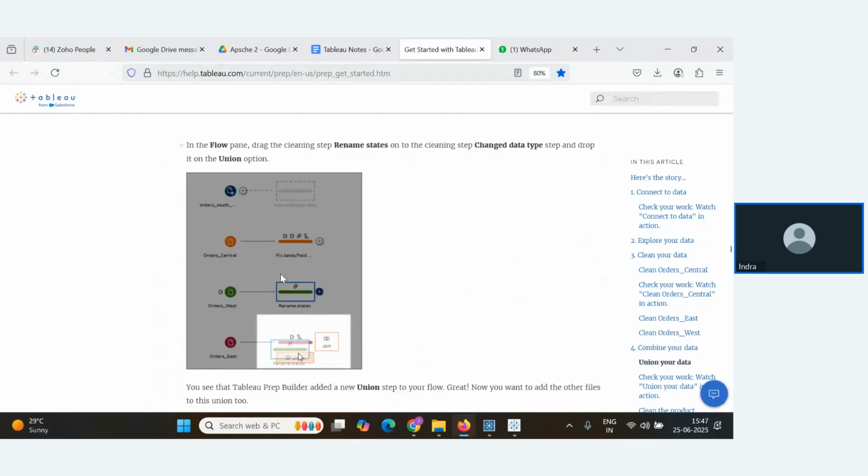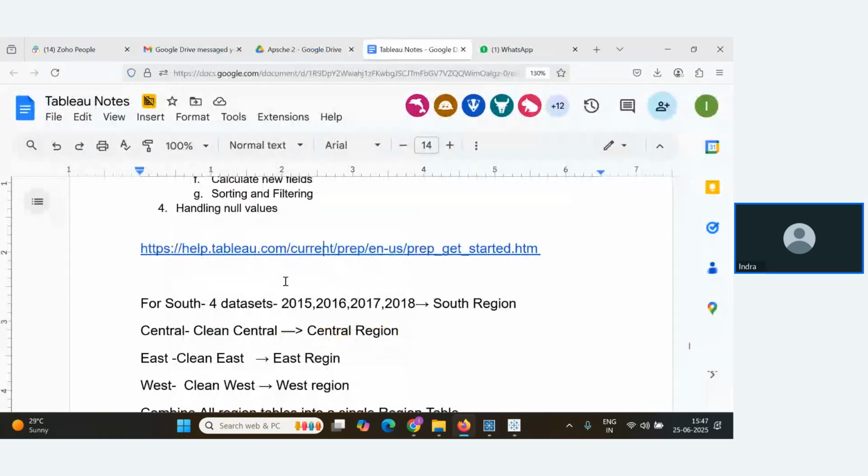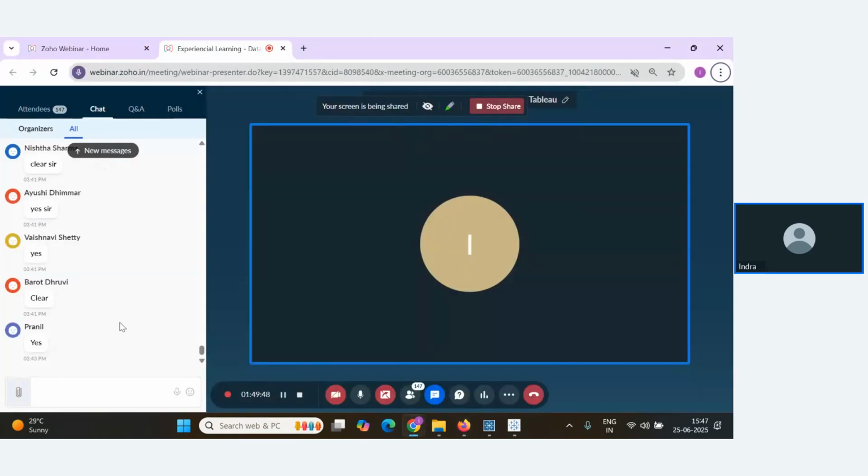And we have combined our data into it. Okay. So this is all we have done to understand Tableau Prep. I hope you got at least some basic foundation knowledge on Tableau Prep, right? Even if you have not practiced it, by just looking into the session, you have got a fair idea about what Tableau Prep is, how you can start with it, how you can perform some sort of cleaning inside it, and how you can prepare your data for further analysis, right?